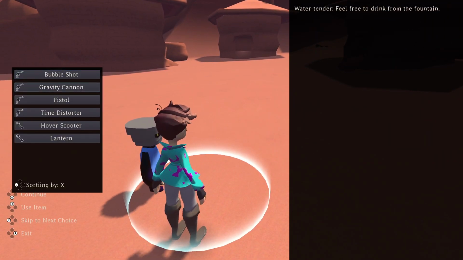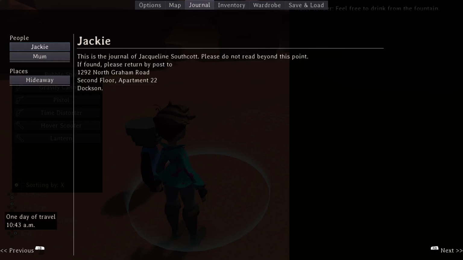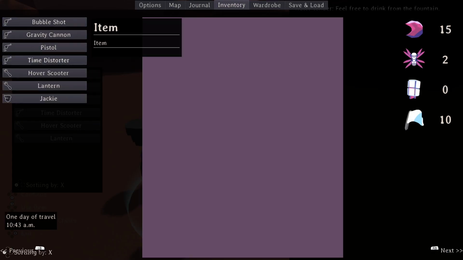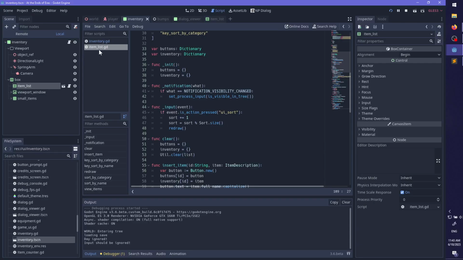Open inventory. So I can sort by... Interesting. So it does work, sort of. It's just that these categories, or this is already alphabetical. Okay. And let's pause and go to the inventory and see how that works, Jackie. So Jackie's at the very bottom. And then, oh, okay. So then when it gets sorted again,